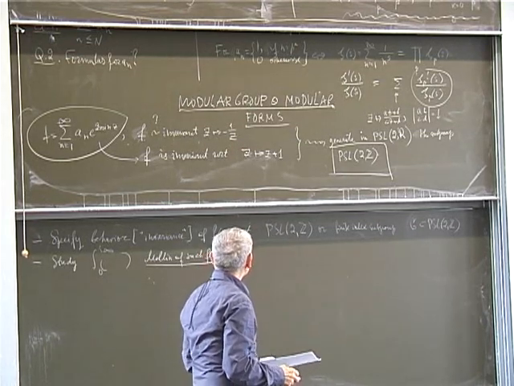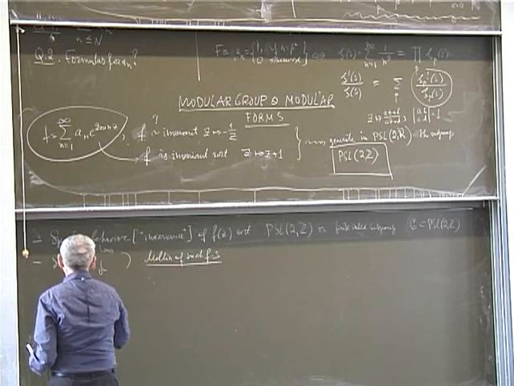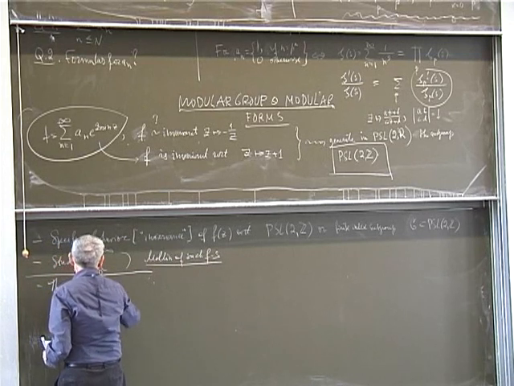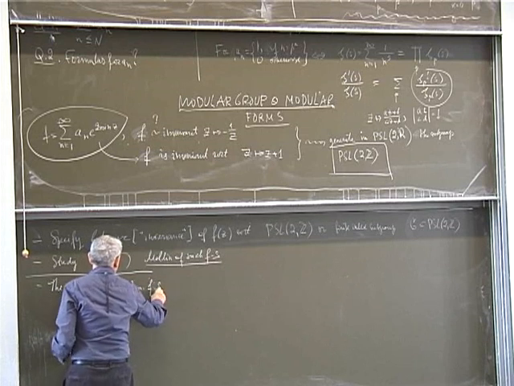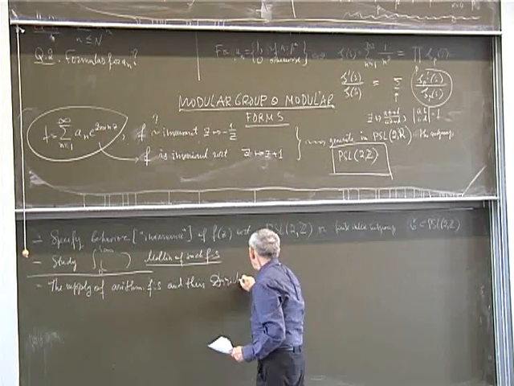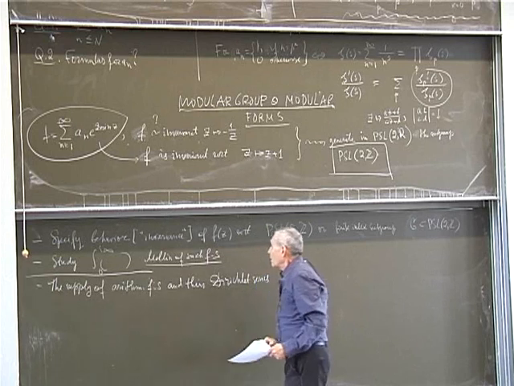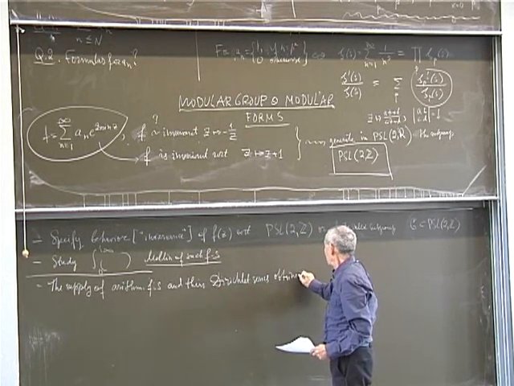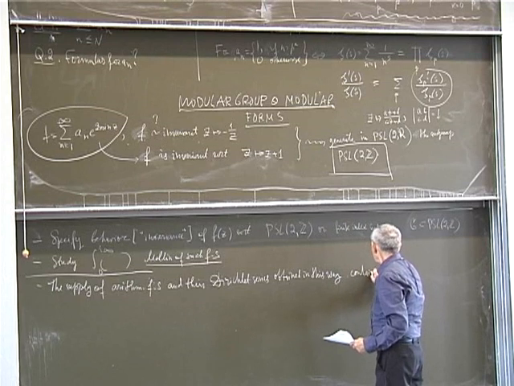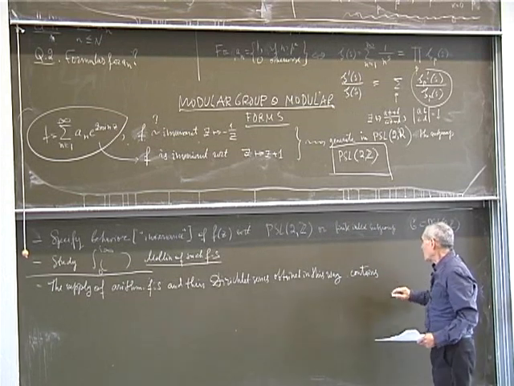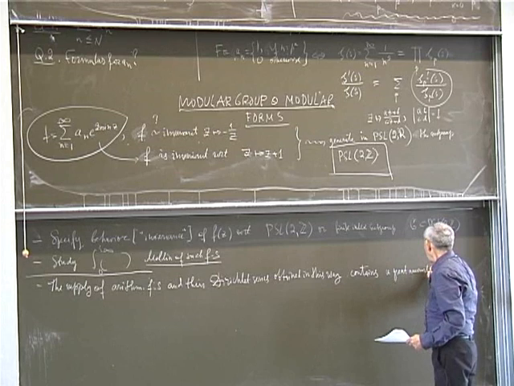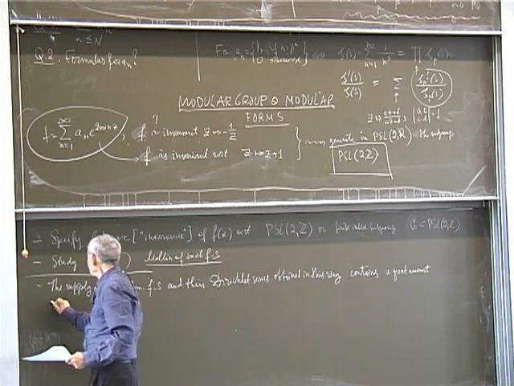But it is, again, one of the mysteries that actually the supply of arithmetic functions and their Dirichlet series obtained in this way contains, or conjecturally contains, an incredible amount of interesting, arithmetically interesting